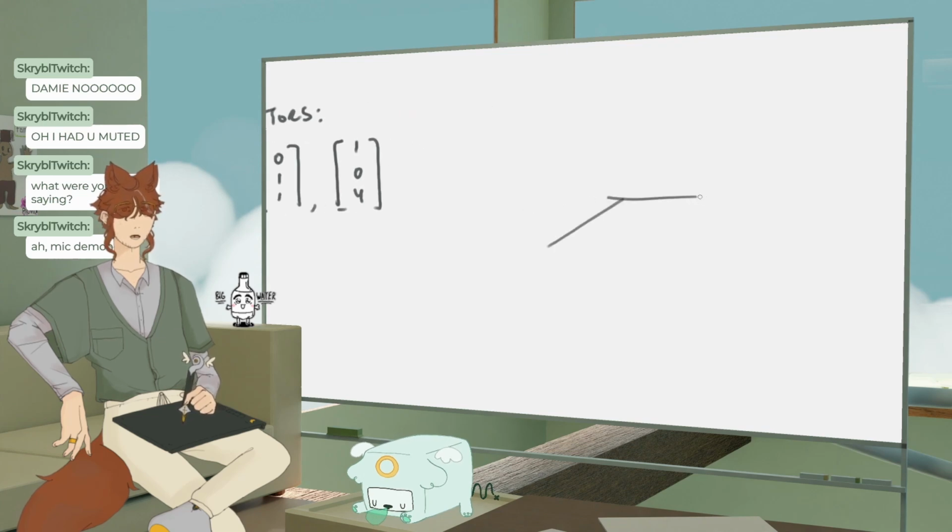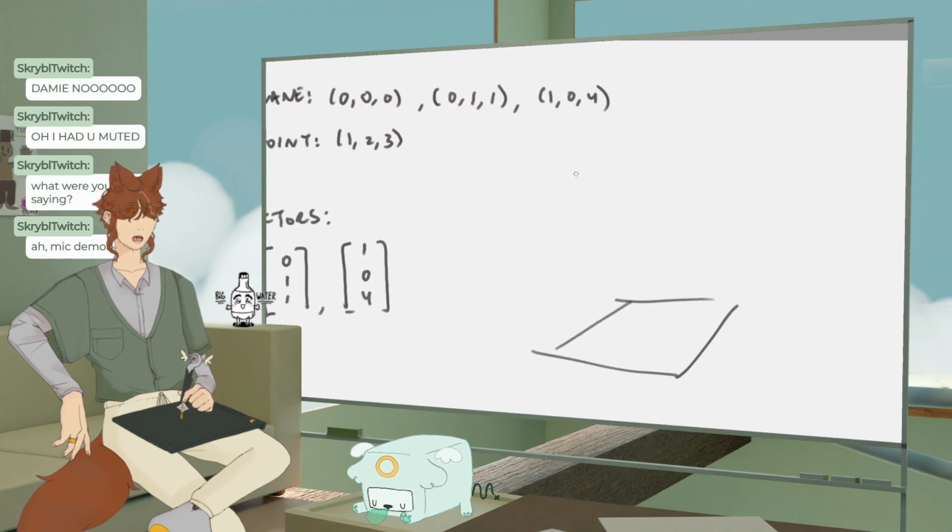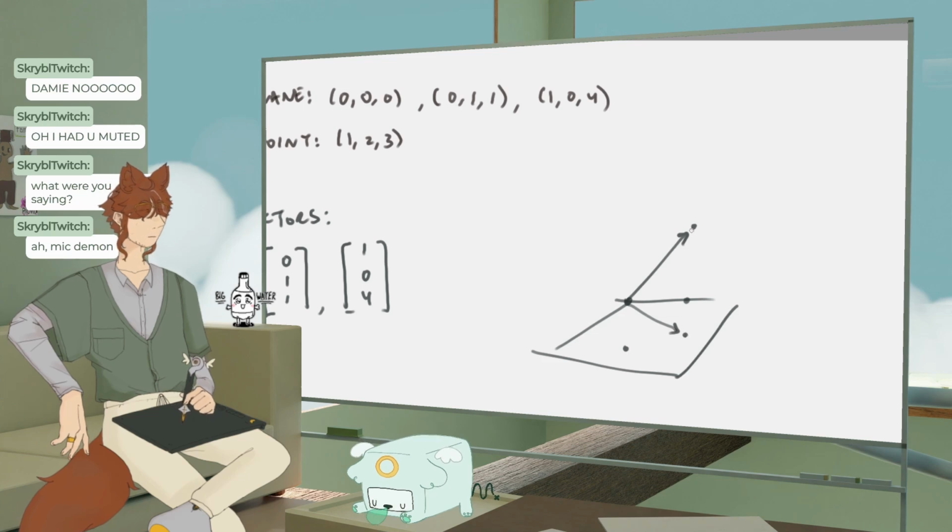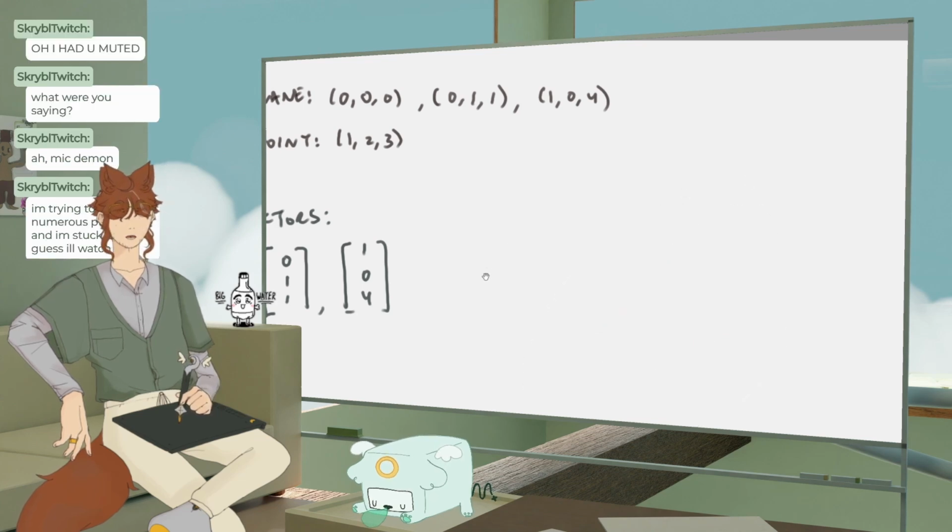We're trying to find, if we have a plane that's created by these 3 points, so like here, here, here, or something, we have another point that's like all the way out here, and we're trying to find the point that's closest to it in the plane. So we have to project this vector onto the plane to be able to find that. So we're going to take our 2 vectors,